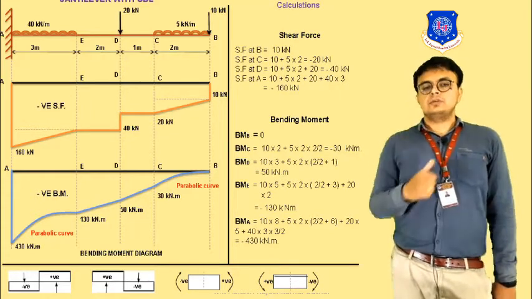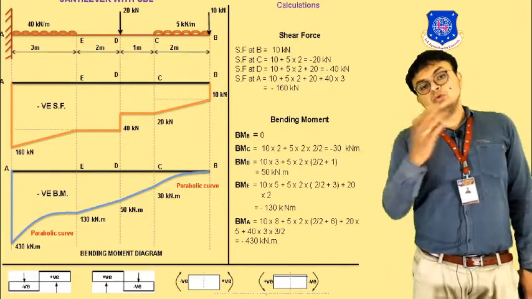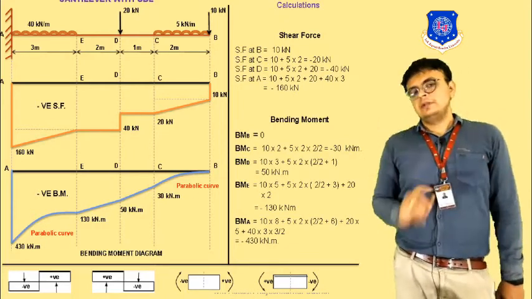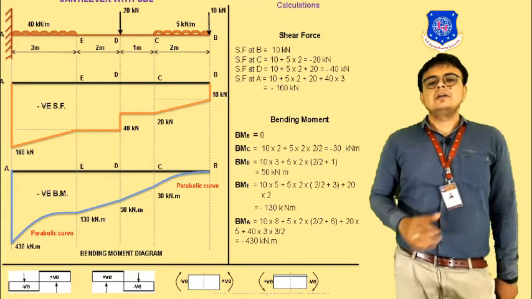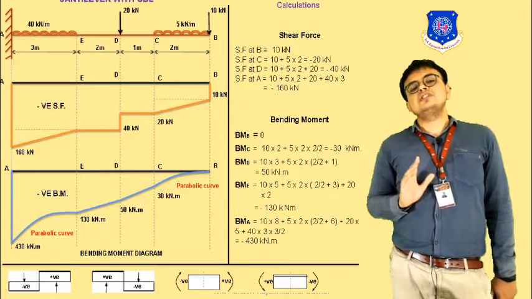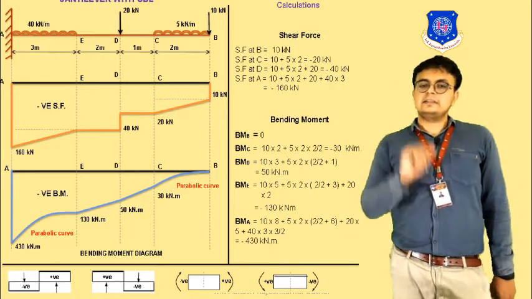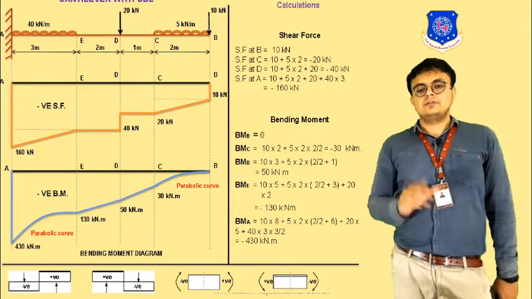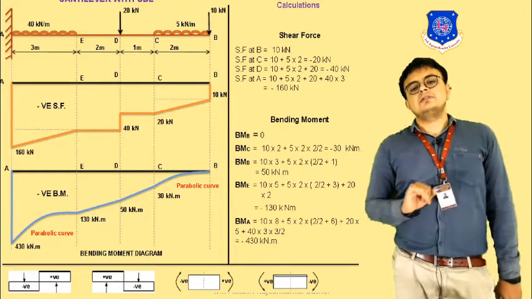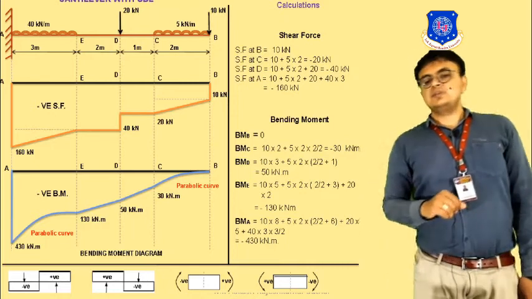The distance of that 20 kilonewton concentrated load to point E is 2 meter only. So that moment will be equal to 20 into 2. All are in downward direction, all the moments are in a clockwise direction from the right hand side of the joint, and that is considered as a negative sign. So this is how we calculate it. Finally, after doing all the calculations, we will be getting the value of 130 kilonewton meter, and it is in the downward direction, so it is designated by the negative sign.